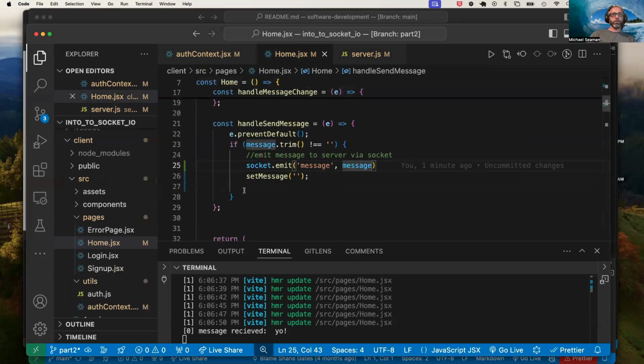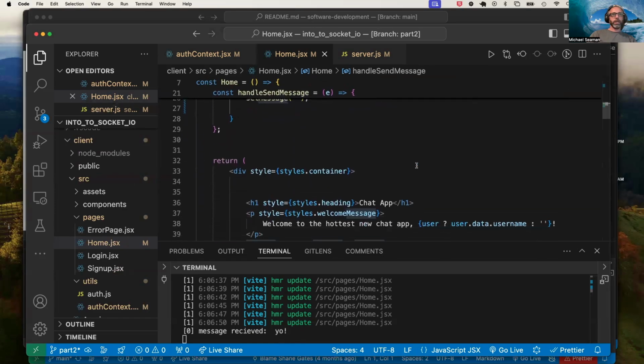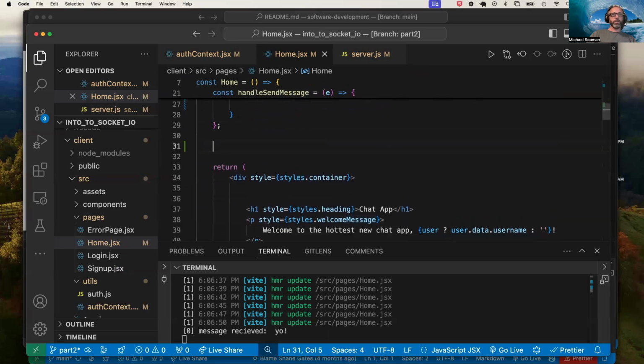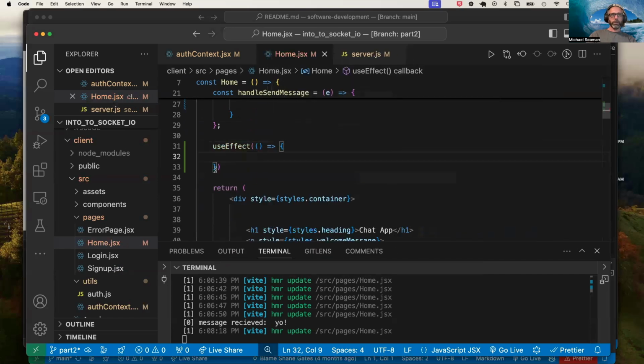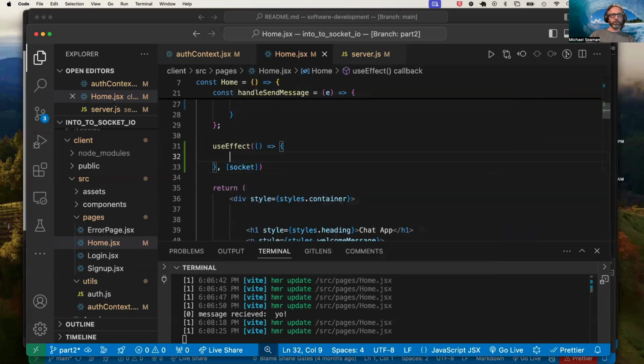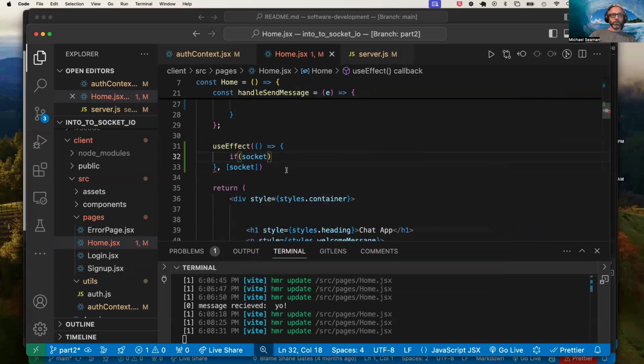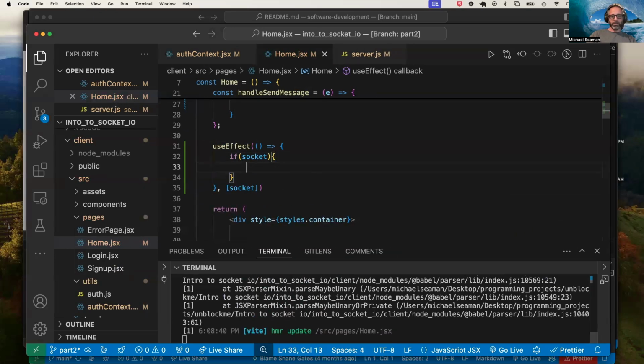And so on the homepage, we can set up a message listener. Right now, we've only emitted messages on the homepage. So we have that socket that we're getting from our context, and we're going to set up a useEffect to set up a listener. So we go useEffect, and we want the dependency of this useEffect to be socket, so that we can check when there is an actual proper socket. And so we'll check if we have a socket that we can apply listeners to, and we'll say